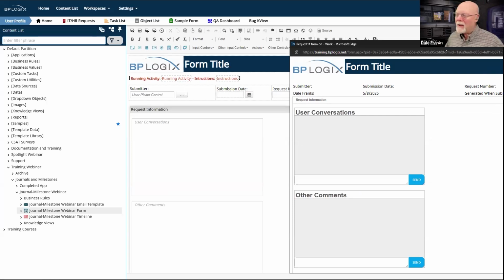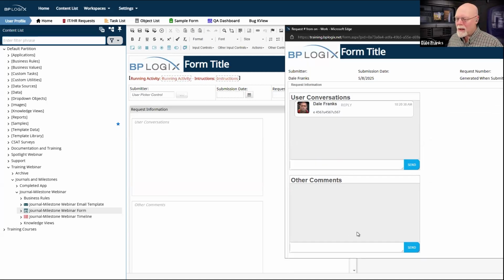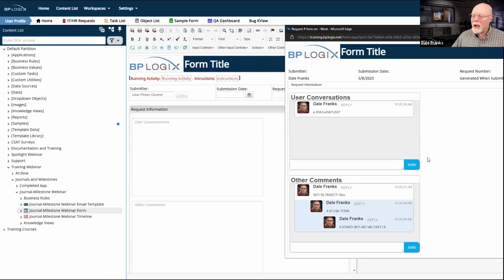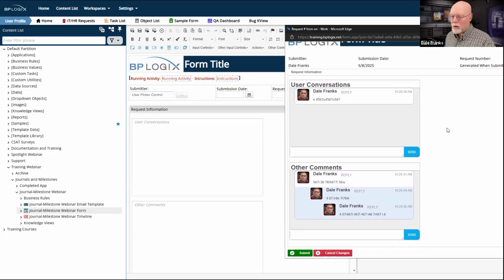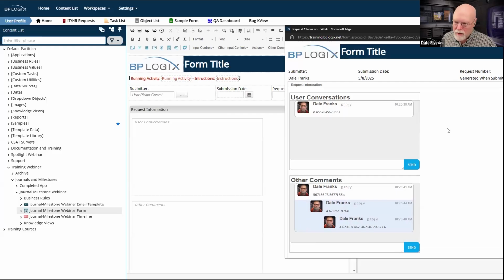But now I have two different groups here, and I put a comment in there, and I can put a comment in here, and we can reply in here, and we can do all of our other stuff that we need to do. And I have two separate journal controls. They're both running on the same form right now. The only thing that they cover are comments, but they're in different comment groups. And so because they're in different comment groups, we're just going to break out each of those comments into their own groups. And we're only going to show a comment from a single comment group.